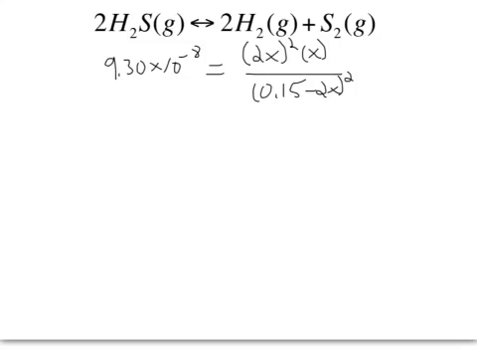But due to the fact that the equilibrium constant is very small, and I started with all reactants, it's only going to go a very small amount towards the products to reach equilibrium. That means that x is going to be very small. In particular, 2x relative to 0.15 is going to be almost nothing. So the approximation that we can make is that 0.15 minus 2x is basically just going to be equal to 0.15, and I can ignore the minus 2x here. And so if I rewrite that equilibrium constant expression,